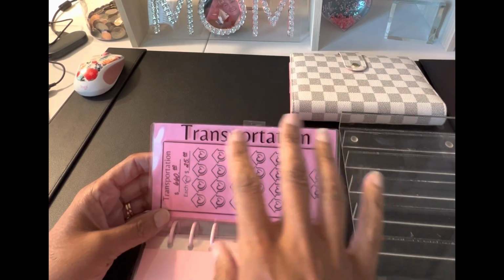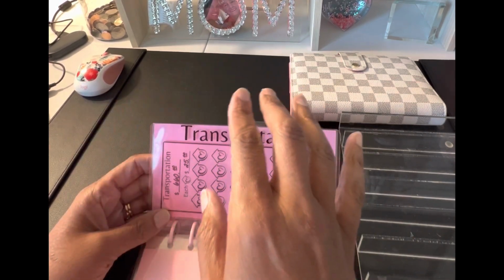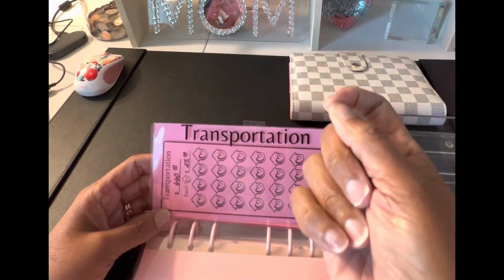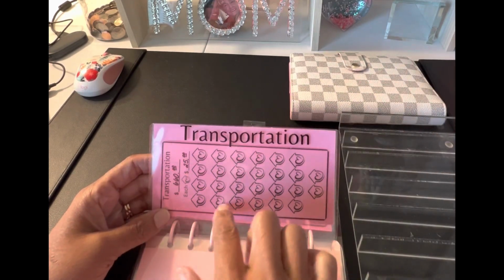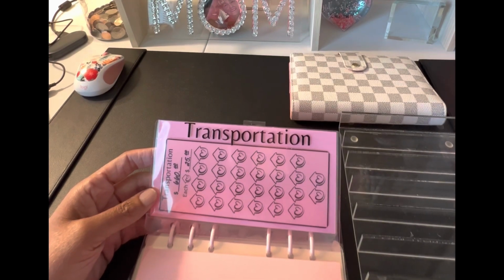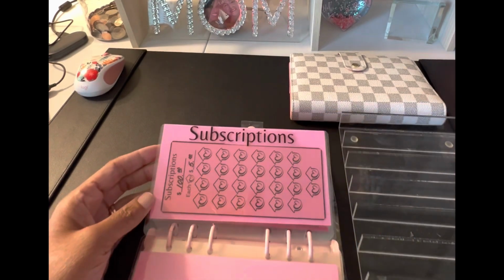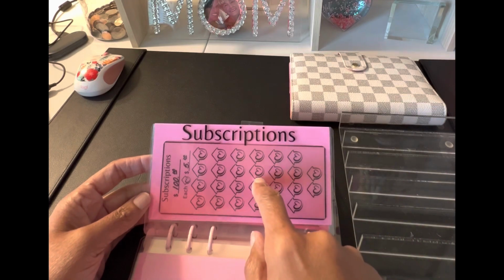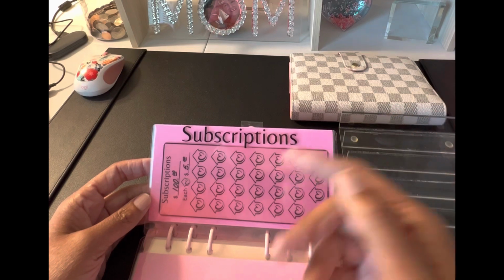You could even include your car tags in there if you wanted to. You could include your bus pass or your train pass, your MARTA, your Lyft, your Uber funds, however you get around, that's what would be included in transportation. I just round up to the nearest 5 or 10 just to make it easy, so then I don't have to worry about getting a bunch of singles and stuff like that. Subscriptions for me, I know this is a lot, but my subscriptions are about $100,